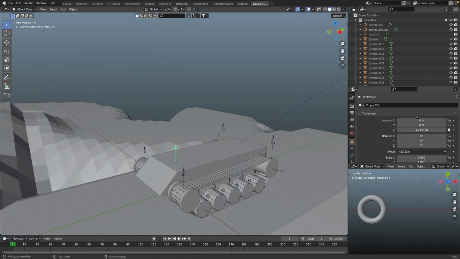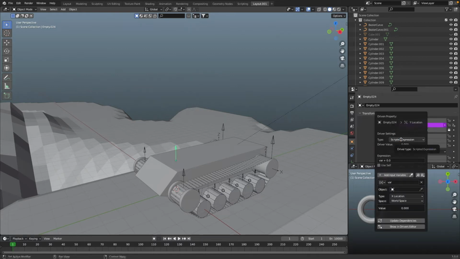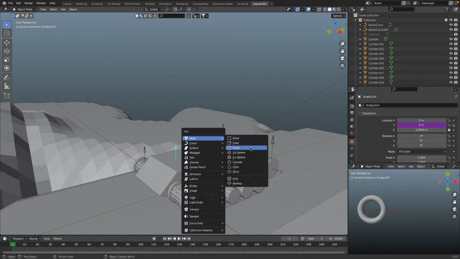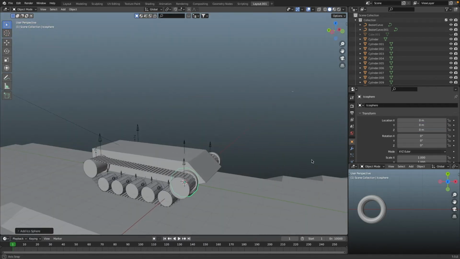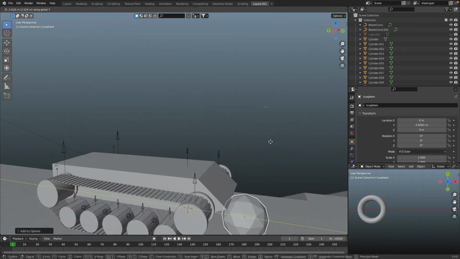Now, there's a location Y and X. By the way, the Y is what controls the forward and backwards. X is what controls the right and left. Let's start by adding a driver, and this is a Y location, so we need to add a throttle object as well. So we're gonna add an icosphere, because that seems very low quality, but it's also like a knob style thing, like something you'd expect out of a gear, of a car.